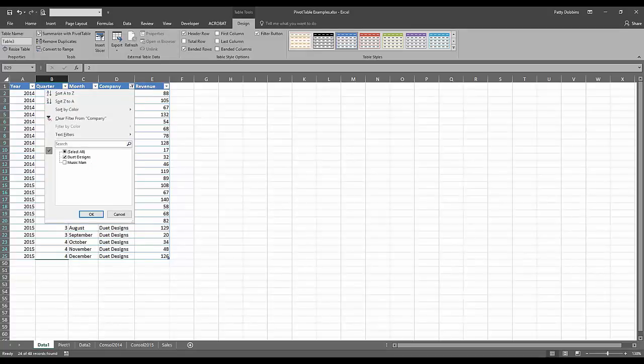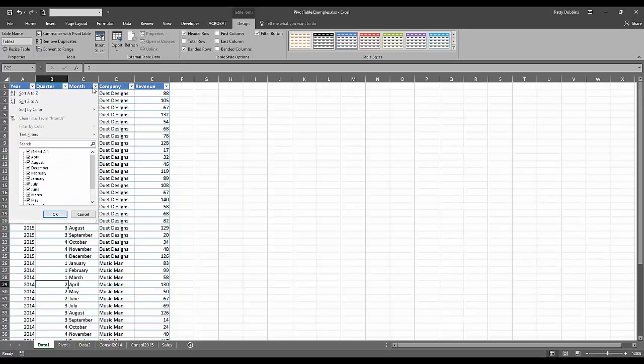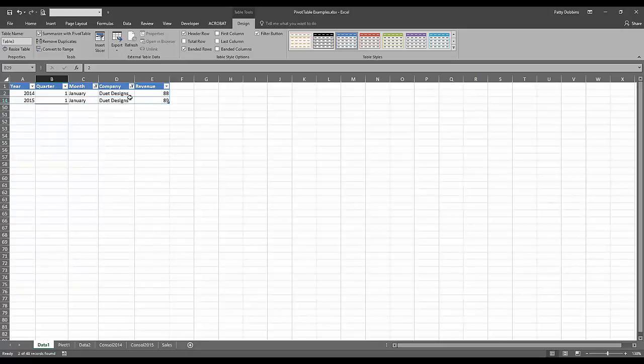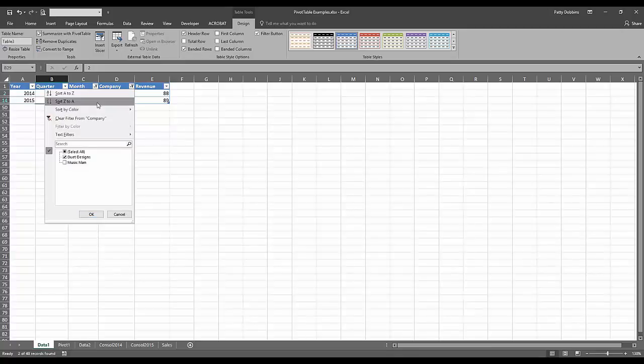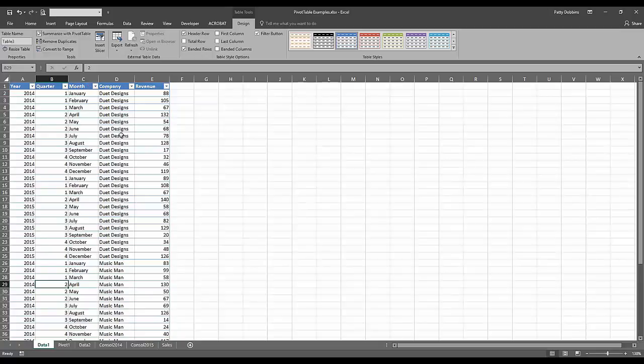And if I click on that, couple of different ways. I can clear that from here by clicking on Clear Filter, or I can come down to Select All and choose that, and then that will also remove that filter, and you can see that there by how the icon for it changes. So again, you can do multiple ones. So let's say I just wanted to see January, and then I just wanted to see Duet Designs. It's very easy for me to filter out that data very quickly. So again, I'm just going to go back in and just clear those